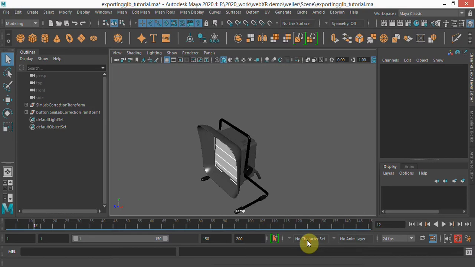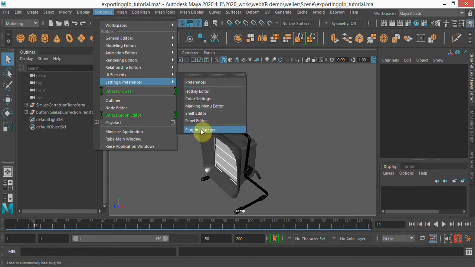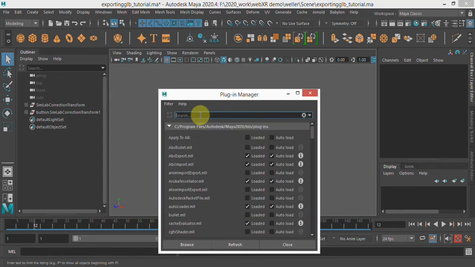After installation, you should be seeing the Babylon menu in the Maya interface. If you can't see it, then go to Windows, Settings, Preferences, then choose Plugin Manager. Type Babylon,